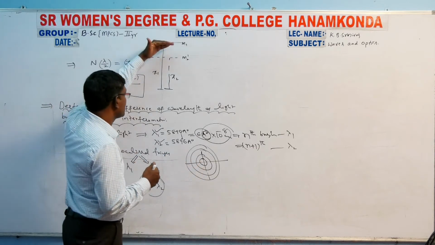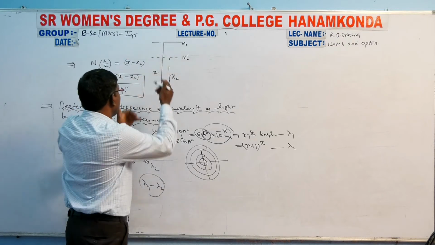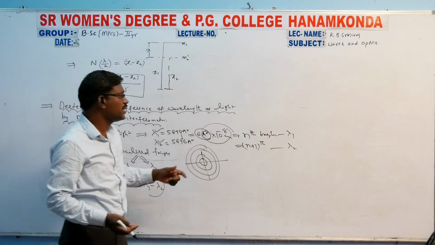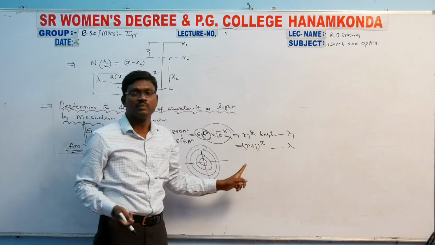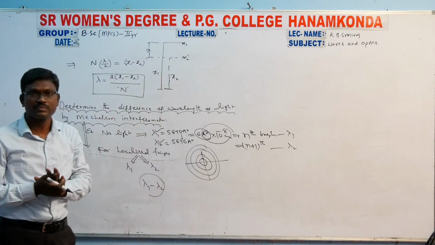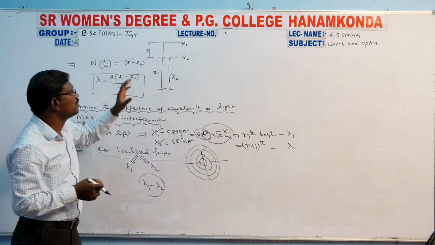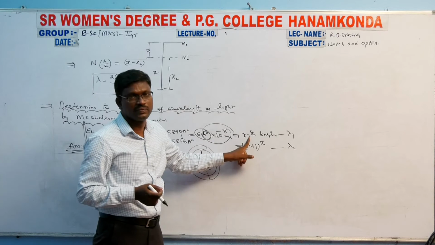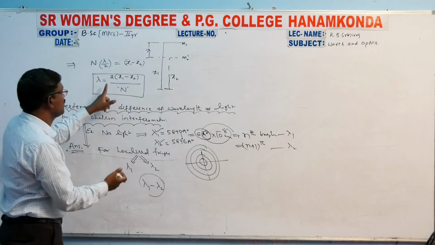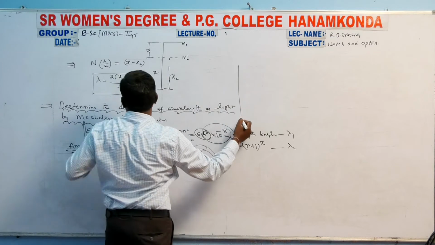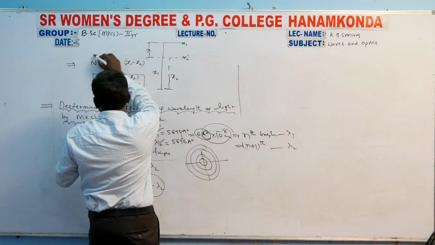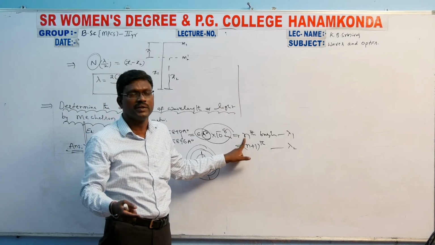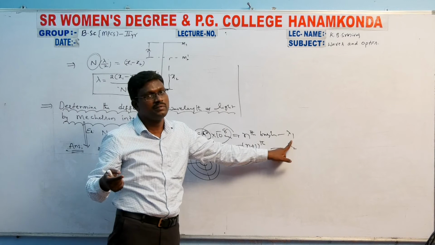After moving the M1 mirror from M2 dash, let x be the distance covered by the M1 mirror to see these fringes, that is the nth bright fringe and the n plus 1th bright fringe. Imagine like that. So how do we write an expression for this x and the nth bright fringe? In the previous lecture we discussed this topic. See this expression. Instead of capital N, here I am writing a small n. Small n is the nth bright fringe corresponding to the lambda 1 wavelength.